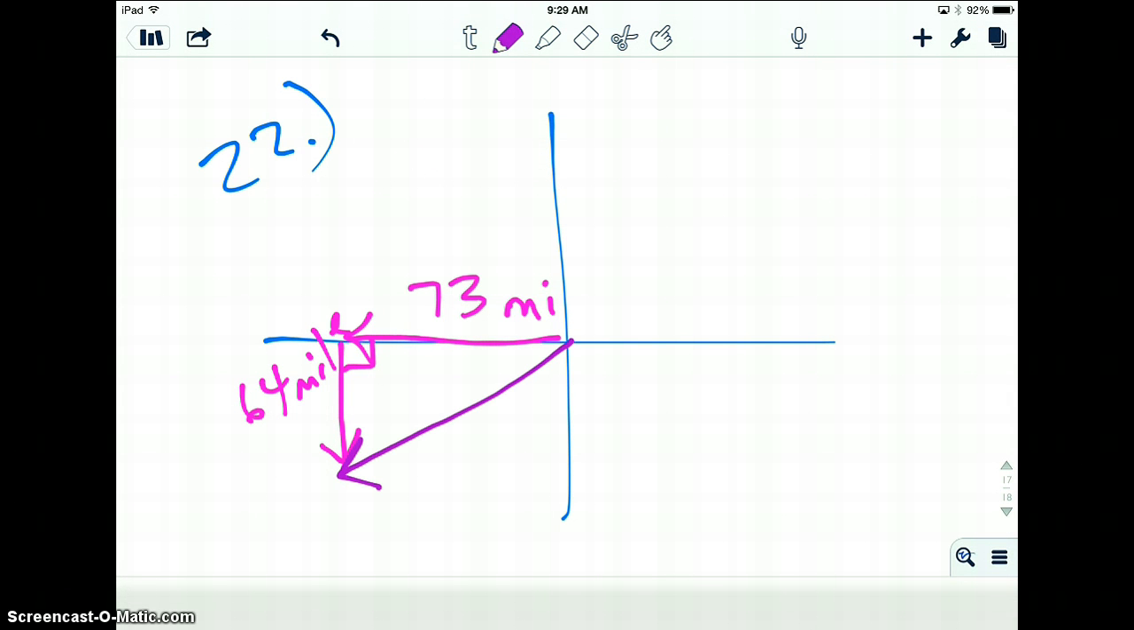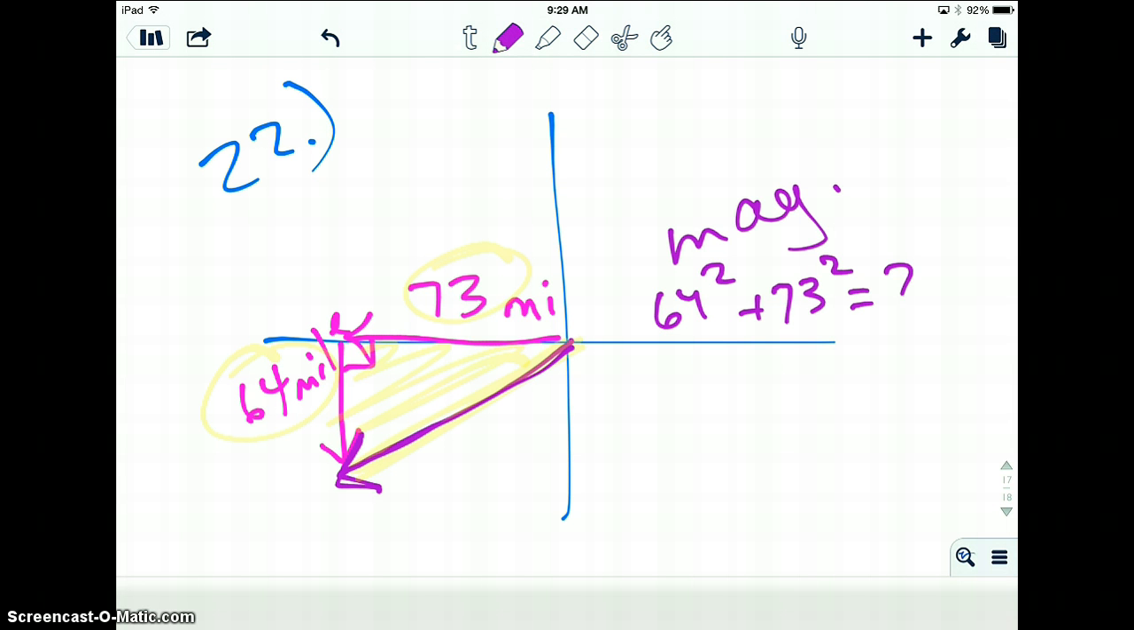Okay? Its flight vector. So I need to know the magnitude of this and the direction of this. Let's start with magnitude. I need to know the size of this vector. Well, I have a right triangle, and I already have 2 sides given. So what could I make use of? I could actually use the Pythagorean theorem. So I'm going to go ahead and do 64 squared plus 73 squared equals question mark squared. And then I'm going to square root it to get a magnitude of, for number 22,